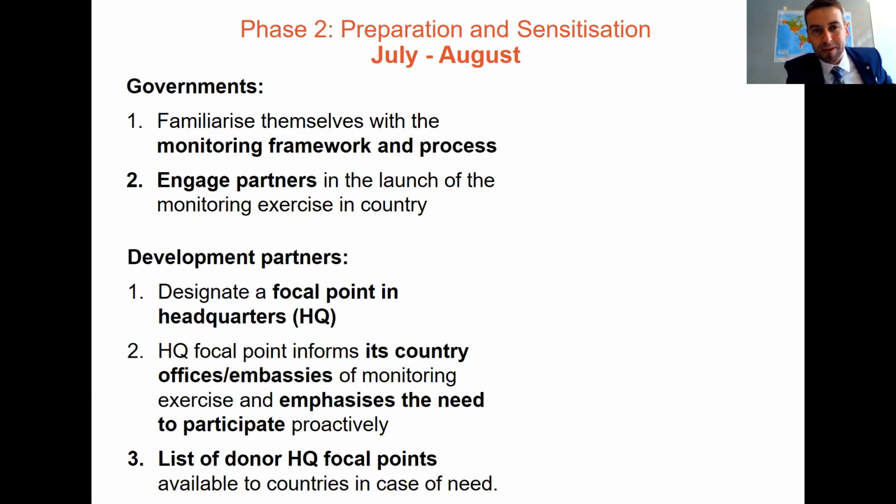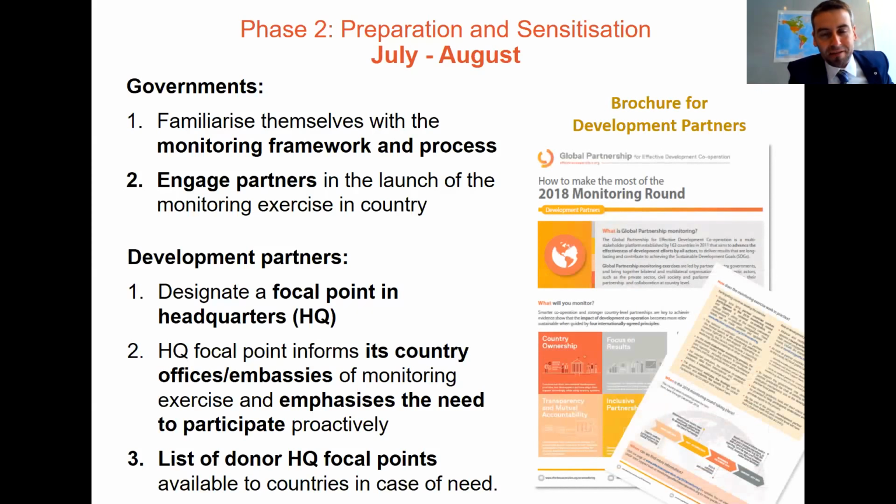So when you have the list of development partners, donors that you want to engage, you can reach out to them. And to support that, we have also made available on our website this brochure for development partners that explains to them what is in it for them in participating in this process. It's always very difficult to bring them in, right?